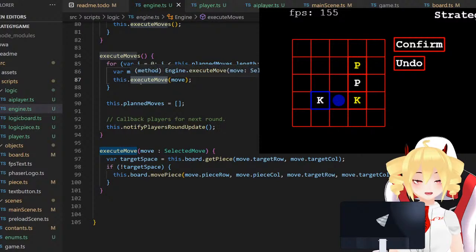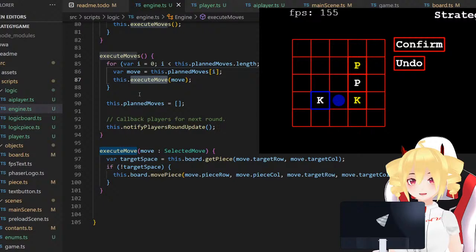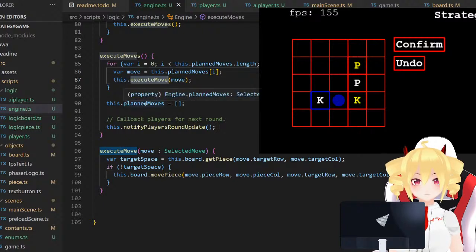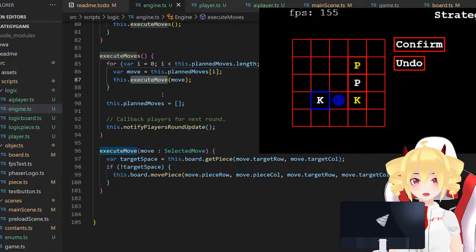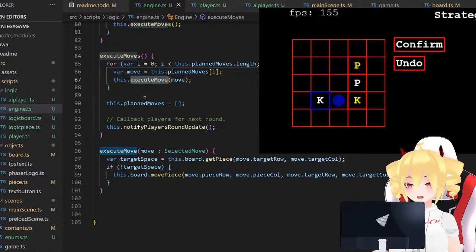So what we should do is we kind of want to execute all the moves at the same time. Let's see, what's the best way to do that? So there are different strategies, right? The easiest is probably to just do all the moves into a temporary board,